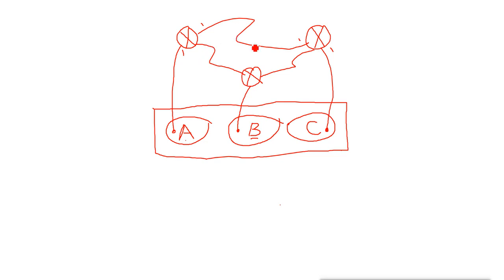So this VLAN A will do communication to B and B to C, but when they send the broadcast, router will not forward the broadcast, it will break the broadcast. Only if VLAN A sends any mail to VLAN B or C, it will go through this router. So this is how we can do. It's very simple and easy, but it is having a problem.